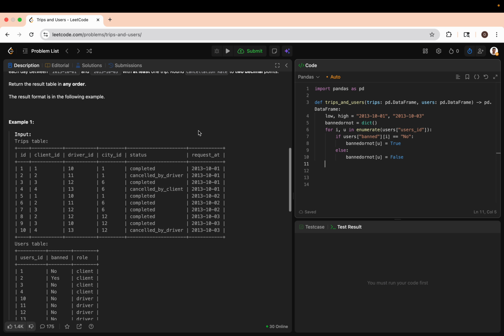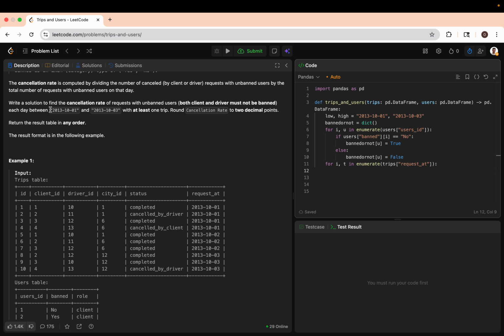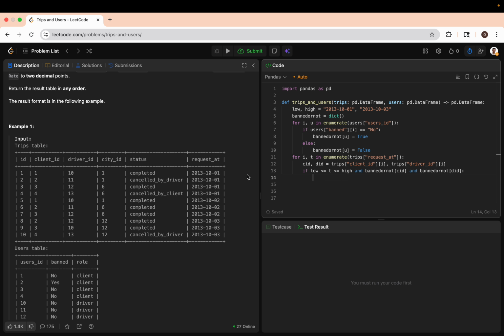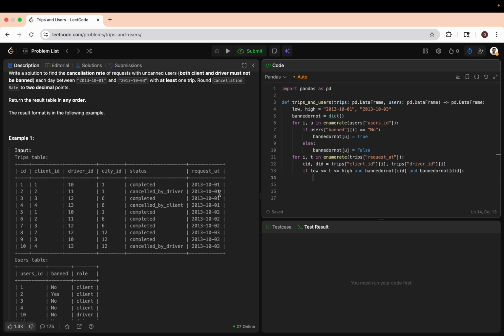Okay, so now let's go over the trips table. So for i, t in enumerate trips, let's do request at because we're trying to figure out whether this is even in this particular range. Sometimes I'm assuming they can't be, so that's a good thing to keep track of that. So if low is less than or equal to t, less than or equal to high, and we have to make sure the client ID and driver ID, client ID of i, trips driver ID of i. So if they're not banned, right, because if banned or not of client ID and banned or not driver ID, because we're setting them to true if they're not banned, which we want to make sure both of these are not banned. In that case, then we can actually go ahead and count it into,